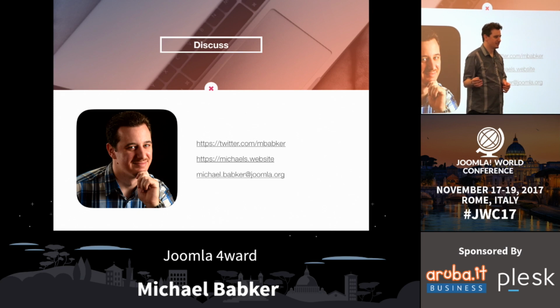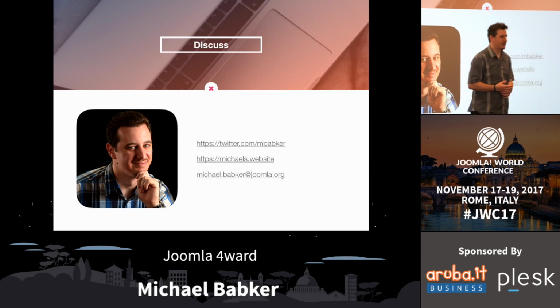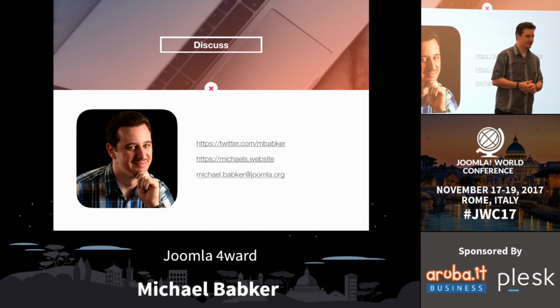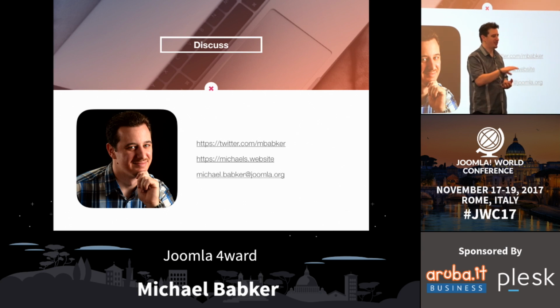Any example available in the CMS? Is there any example available in the CMS already? Yeah, the Joomla update check plugin. For those in video land, the question was, are there any examples existing already? Yeah, so the core plugin that does the update checks to fill in that quick icon on the control panel, that one's migrated. The quickest way, like I said, you change the event signature to a type-hinted event